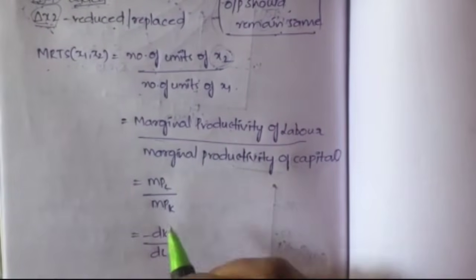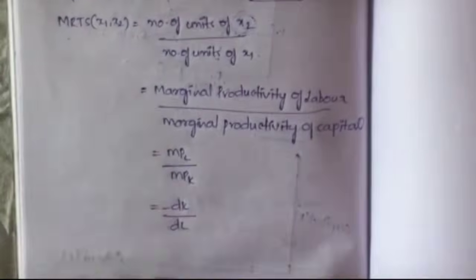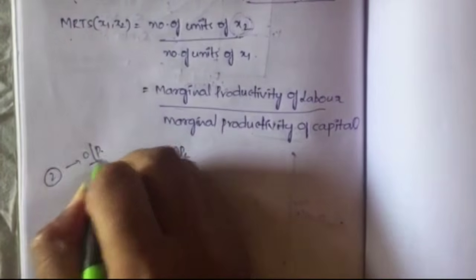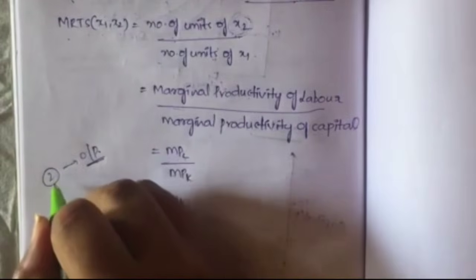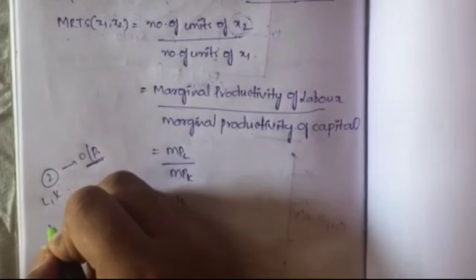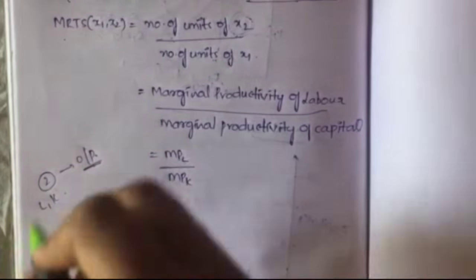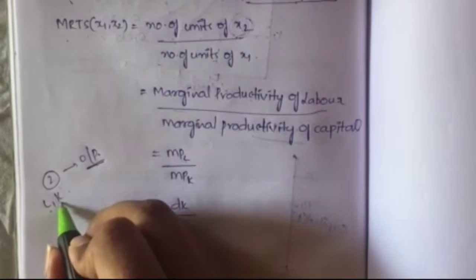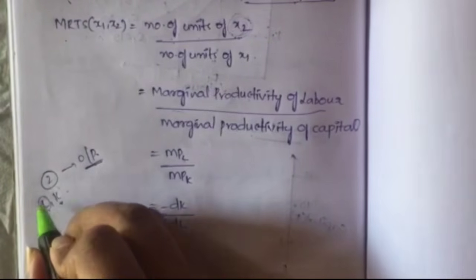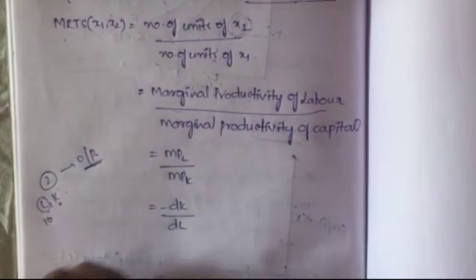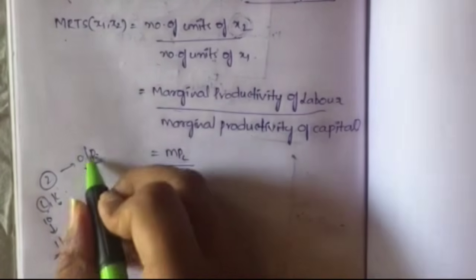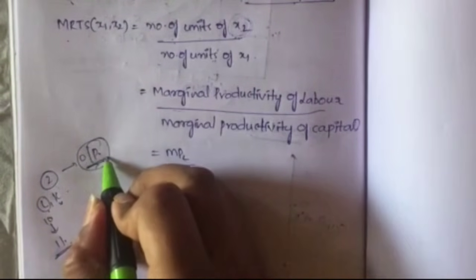Let me explain what marginal productivity is. Suppose you have two input factors that determine an output. Let us assume one is labor and the other is capital; it can be anything other than labor and capital. What does marginal productivity mean? If you are using 10 units of labor and this is changed to 11 units, how does the output change?